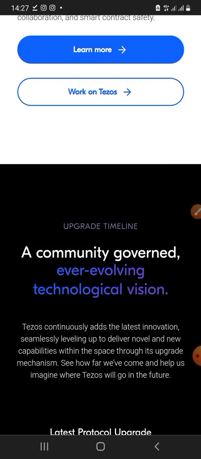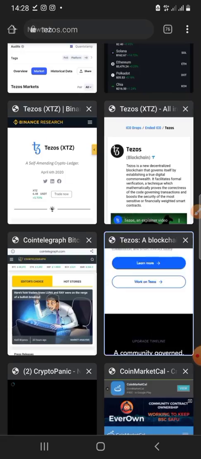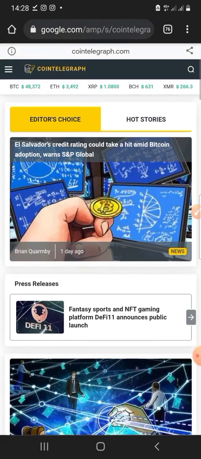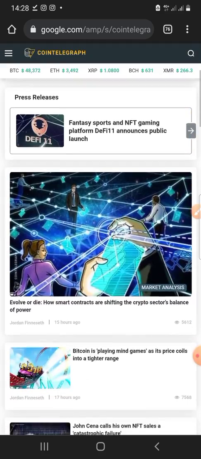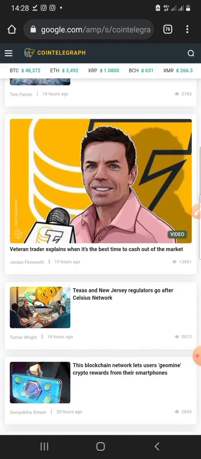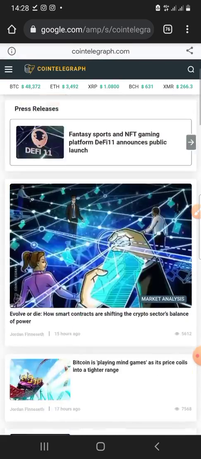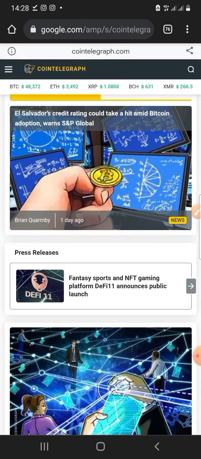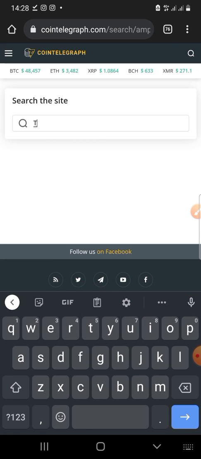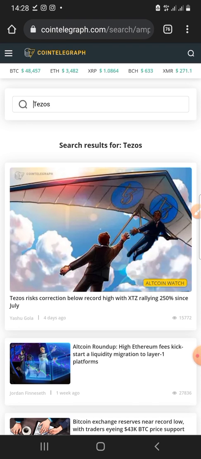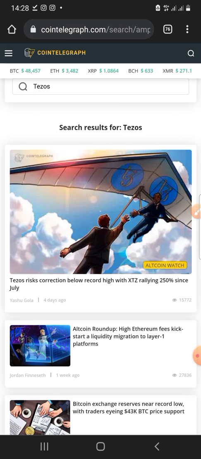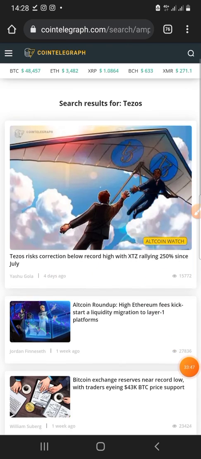So how do you find out the news? There are some news outlets that you can use. The first one I can recommend is Cointelegraph. When you come here, you can find all the news of what's going on in the crypto space. Specifically, you can search for a particular project so that you can see the news that has been surrounding that particular project. Okay, so let me just type Tezos, since that's a project which is our illustrative example. Let's see what's going to turn out. So we have some news 4 days ago. All right, so Tezos face correction. We have some more news on there.